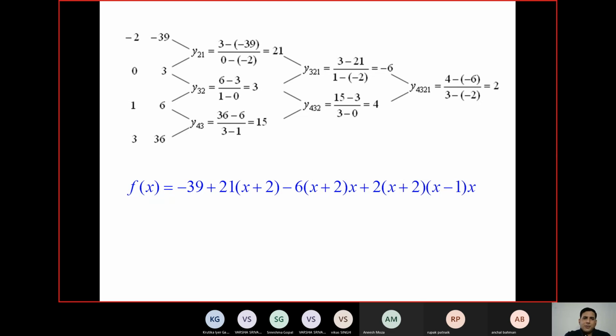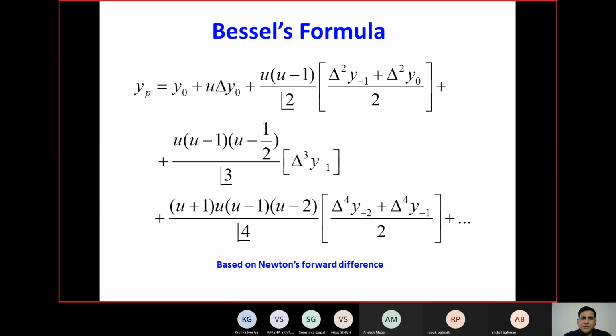Then you have another interpolation, which is Bessel's interpolation. I am directly giving you Bessel's interpolation formula. This can also be derived. It is based on Newton's forward and backward difference formulas, and it takes the average of the two. So this is -1, the backward one, and 0 is +1. This calculates the average of the two, and this is Bessel's formula. I will say just use it directly, and let's see how to use it here.